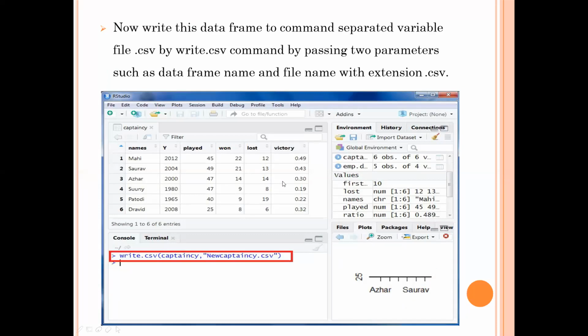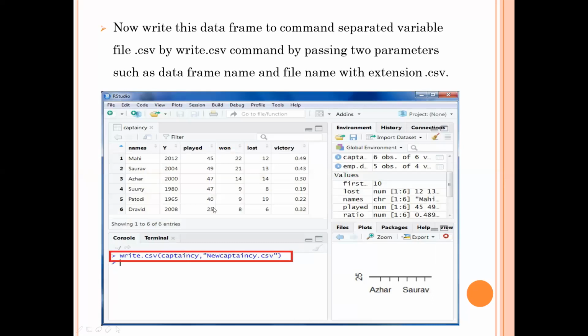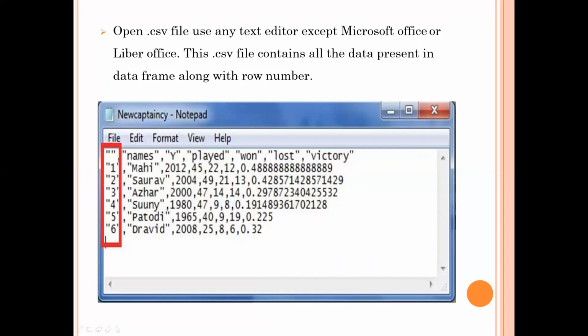So this is how you can write it out in the CSV file. No doubt if you are using the .txt file, but now you can change it to the CSV file. When you open the CSV file in Notepad, you will see that all these columns, 1, 2, 3, have been included. Previously they were not there in the columns, but later when you open it in Notepad, you will see all of this there.